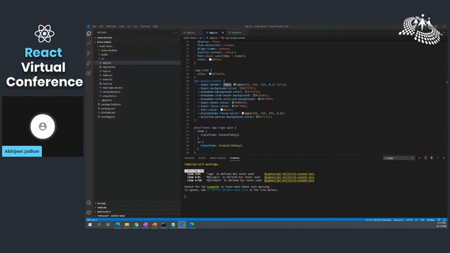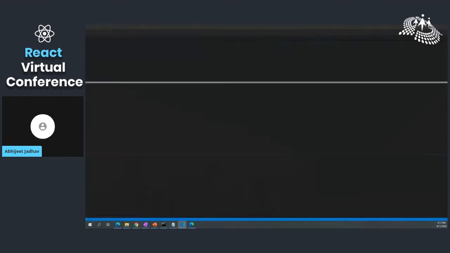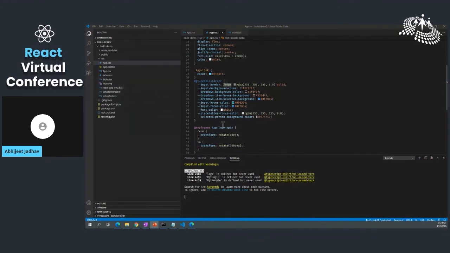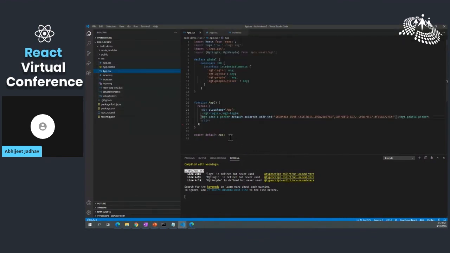Now going back to my code, you can add. So there are different components. Say there are 5 users which you would like to show on the screen, you can have that.